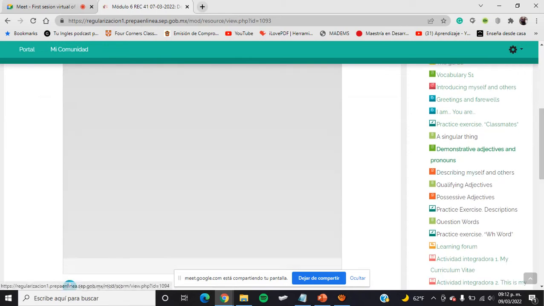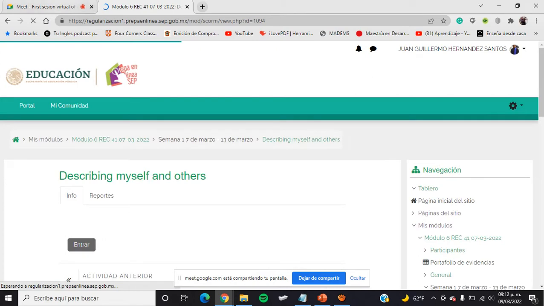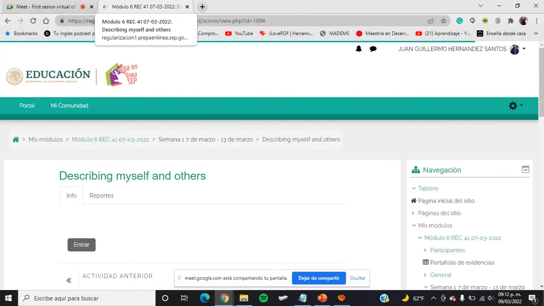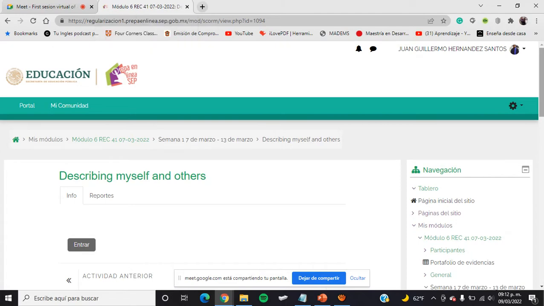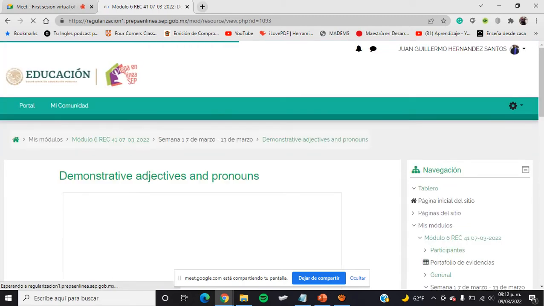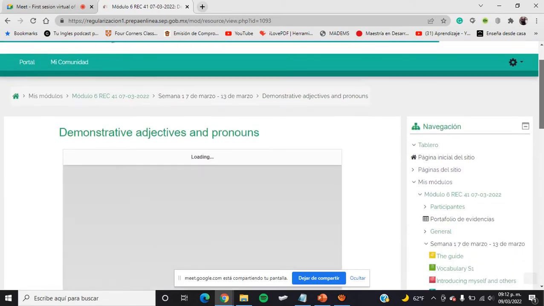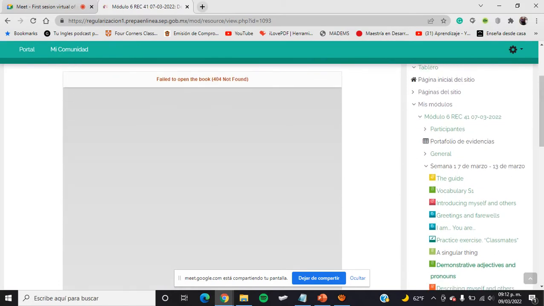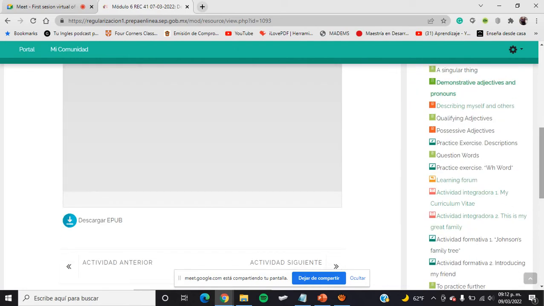En algunos momentos hay problemas en lo que sería la plataforma, así que no te preocupes y solamente lo que puedes hacer o lo que podríamos hacer en este momento sería volver a entrar en el mismo apartado y ver si nos deja abrirlo. En caso de que no, acuérdate que hay un correo en el cual tú puedes reportar que no te lo está abriendo de manera correcta. No nos volvió a abrir de manera correcta, entonces tendríamos que reportar. ¿Ok? No se te olvide esa parte.